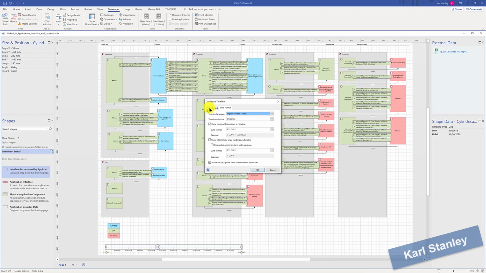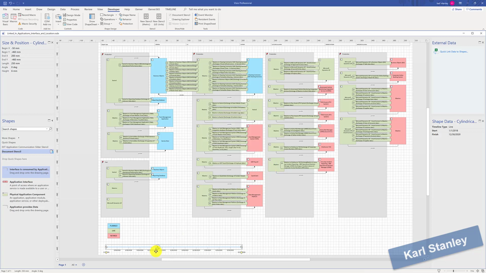So that's quite straightforward. You can set it up into different time scales, how you want it to show up. Now, you'll notice this little yellow dot on a little circle shape. That yellow dot is a control, so it allows you to grab that shape and move it up and down